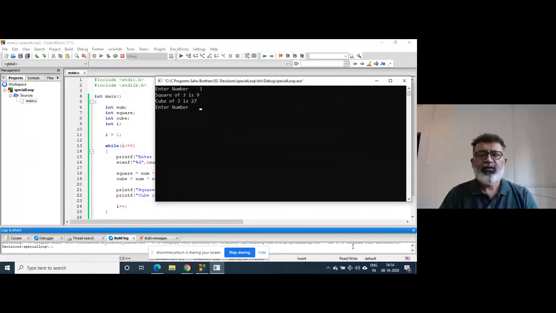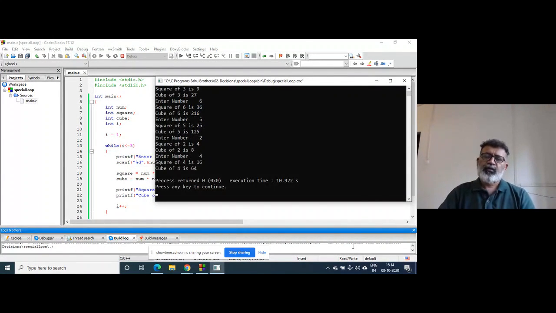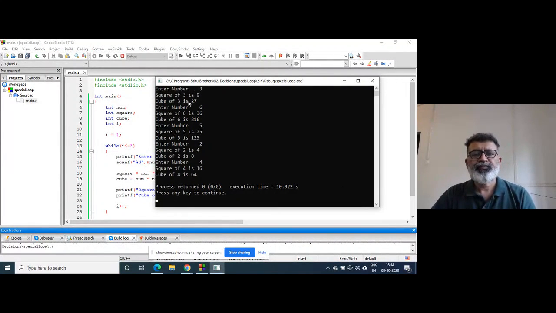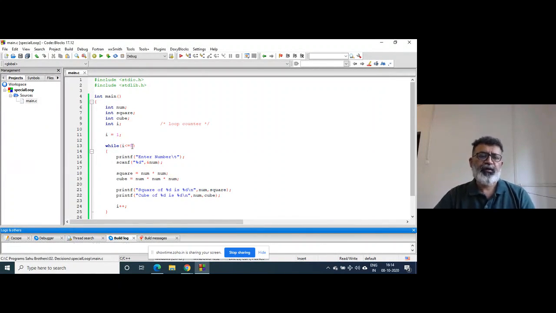If I enter 5 numbers, it will give the square and cube of 5 numbers. So 1, 2, 3, 4, and 5. Suppose I want to enter for 10 times.